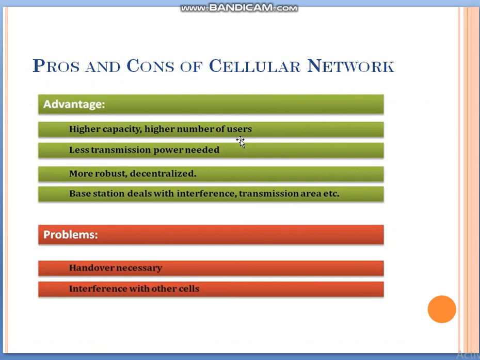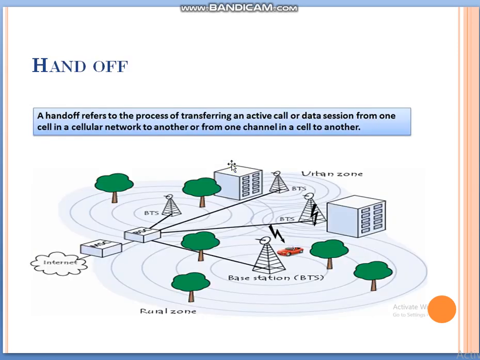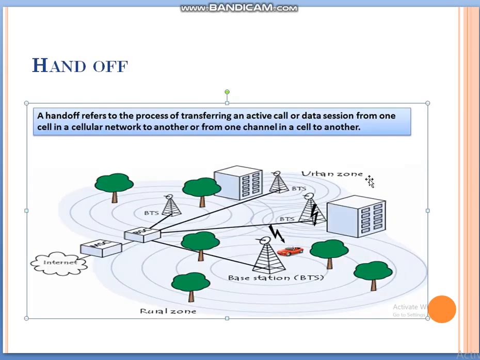And this is very useful. The advantage is higher capacity, a higher number of users we can serve without increasing the number of frequencies. Less transmission power, means the transmitter uses less power consumption, more robust and decentralization, and the base station deals with the interference and transmission areas. And the one reason